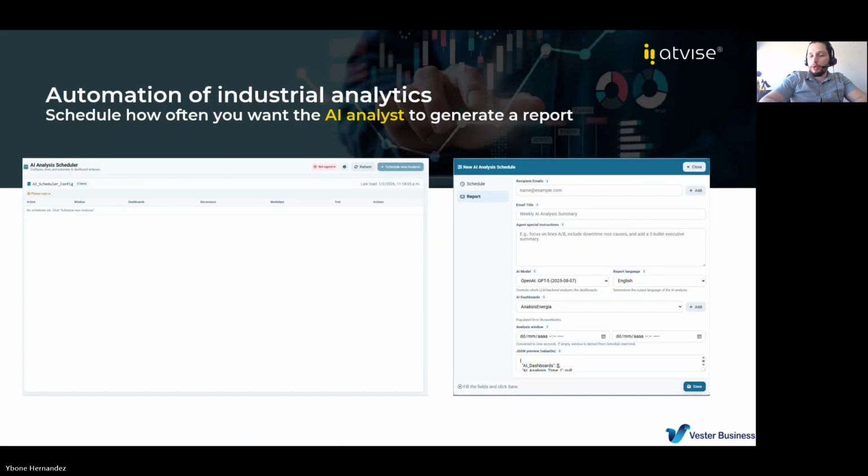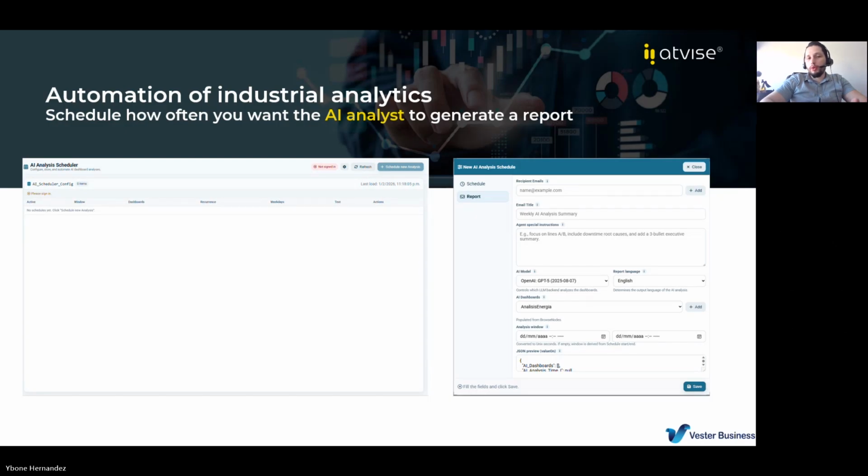Another element to consider as well is the following. What we've seen based on the feedback from customers is that having the chat is good because you could ask questions directly and analyze how everything went during the last month, for example, and so on and so forth. But the reality is that you're not going to have someone actually talking to the AI every time that you want to get an answer.